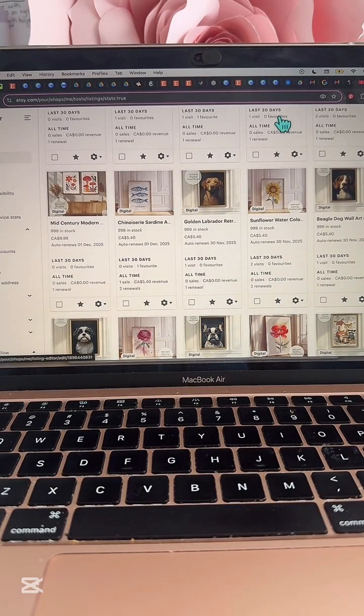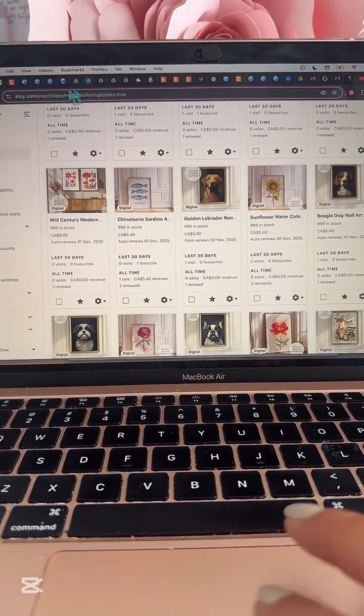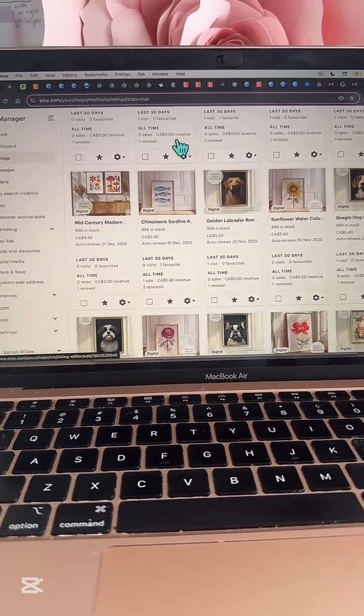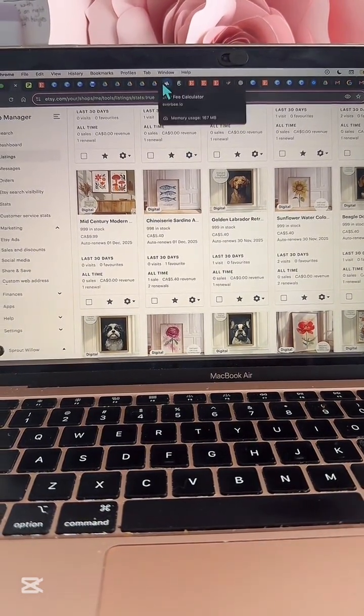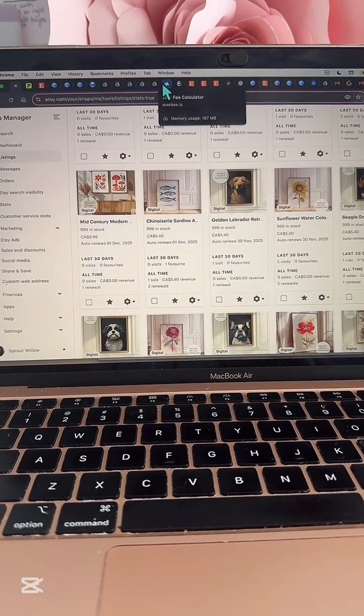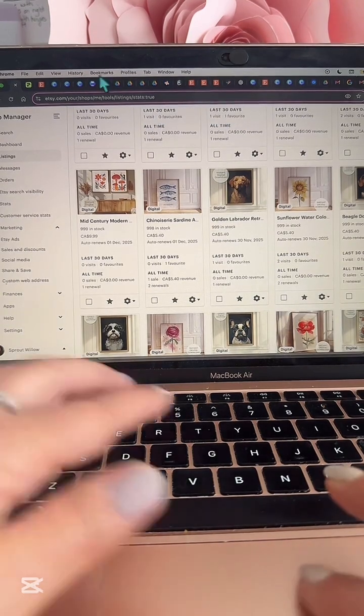So I've been talking all about putting all this stuff up and having your title, your photos, everything that Etsy wants. I'm now going to show you how Etsy ranks your store. So in all these lessons, I show you the importance of everything because that's what Etsy wants. They are a business and they want to be represented by us. We're their customers in a good way because they make money off of us. If you have a crappy listing and not making sales, you're taking up valuable real estate for them, and they'll just push you down. They're not going to promote your products. So let's go to